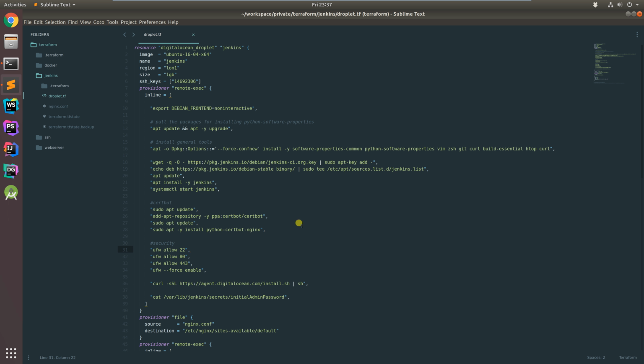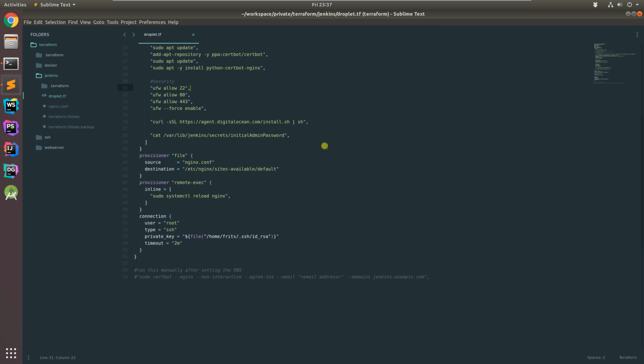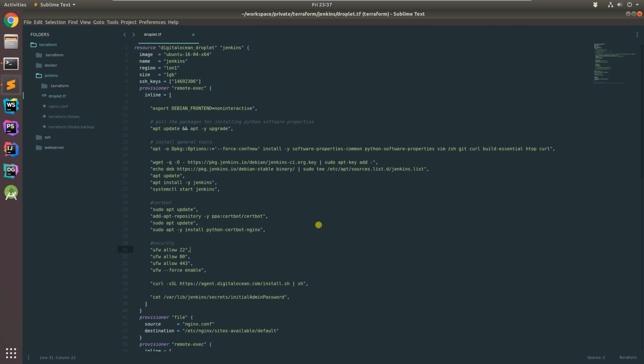So to get us started, where were we last time? I told you that I want to do an Nginx configuration for Jenkins. So I've updated the file in my spare time and I'm going to now take you through some of the changes that I've made. One of the first things that I did when I started installing some of the stuff